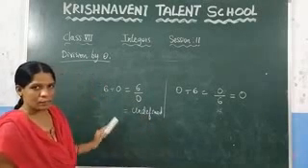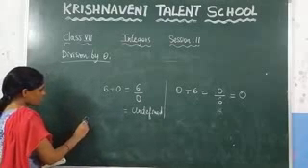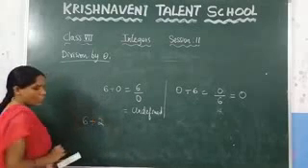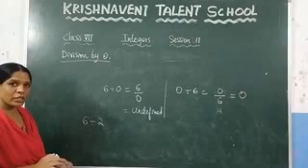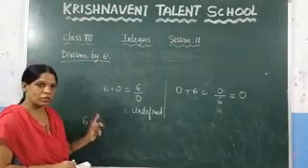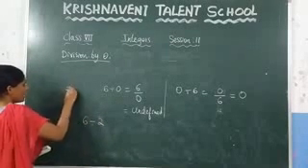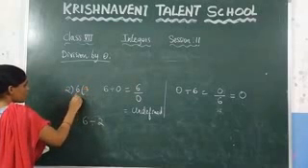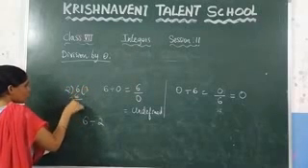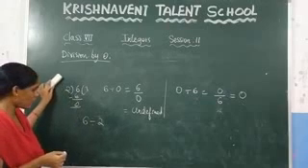Let us take one example. Consider 6 divided by 2. If you want to do this one, you can do it in two ways. You know the normal method: how do you do it? You can do it as 2, 3, 6, and after the calculation you are getting the remainder as 0. This is one process.